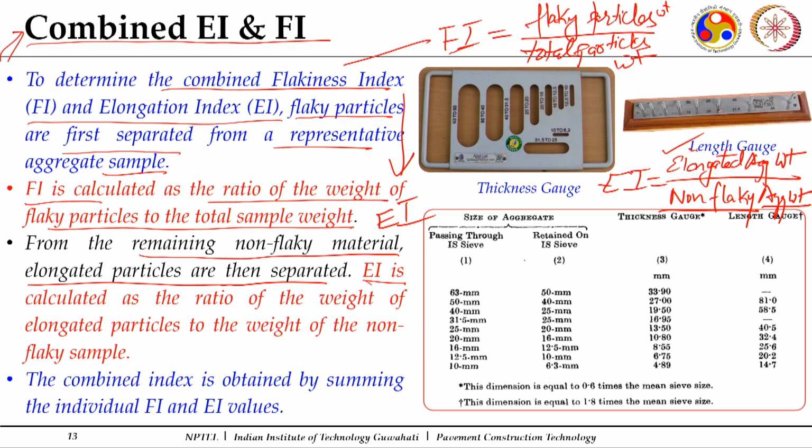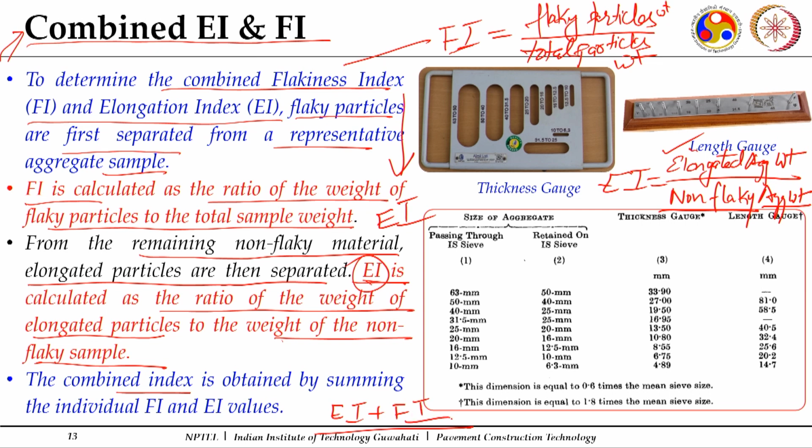So, elongation index is calculated as the ratio of the weight of elongated particles to the weight of the non-flaky sample. And now, this EI and FI value are combined